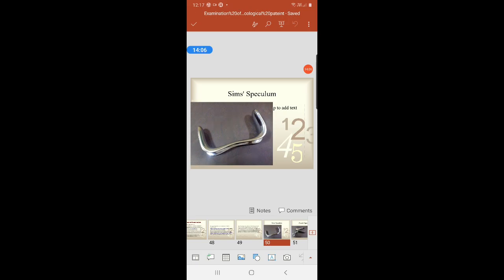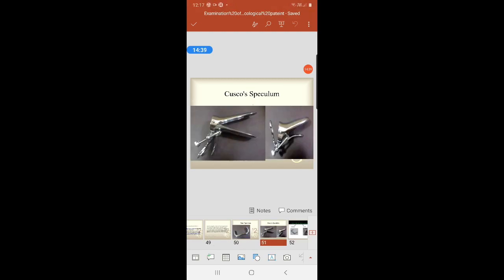Coming to the speculum, you can see here this is a Sims speculum. You can see it is made of stainless steel. Now plastic varieties are also available. You can see the handle and the grip in between, and here you can see the two blades of the Sims speculum. One is somewhat wider and another is somewhat smaller. So it has two ends, and we can use the ends accordingly. There is a groove in between for the collection of any discharges while performing the speculum examination.